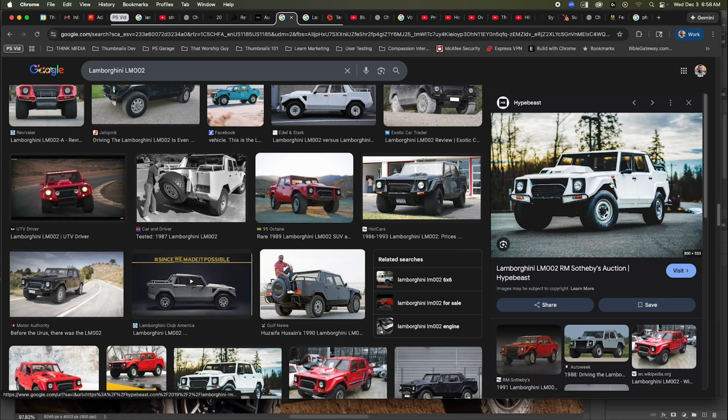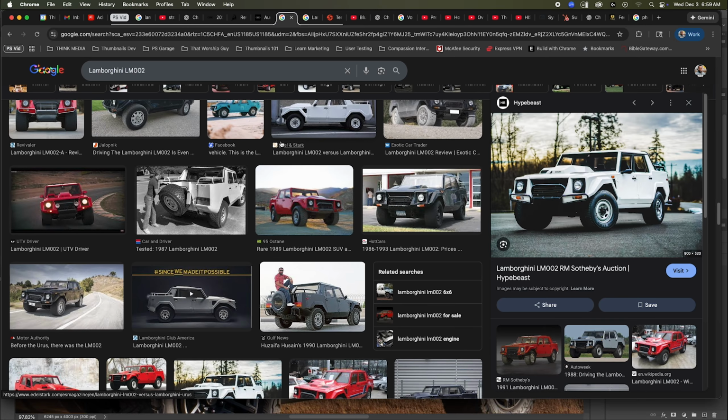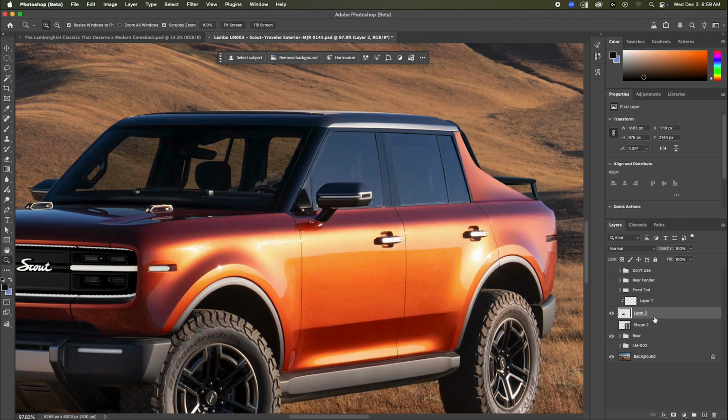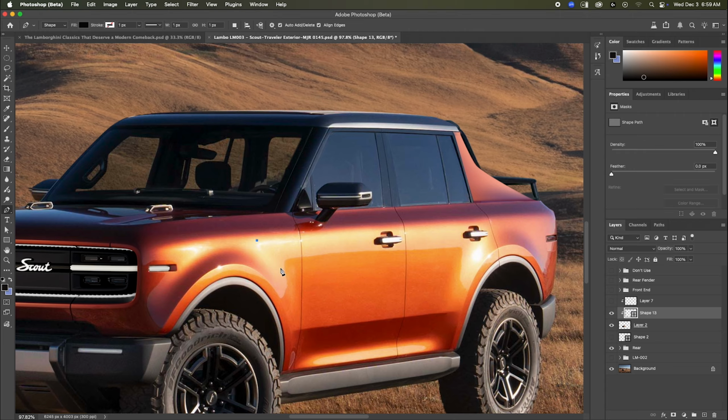I'm going to move down the side of the vehicle, and we're going to get to the front end. But the LM002 has these side vents that arguably, on the LM002, they've got to vent that massive engine in front. And the Scout Traveler, I believe, is an electric car, so you wouldn't need vents. But for the sake of continuity and the design, I would like to add vents that mimic that side vent